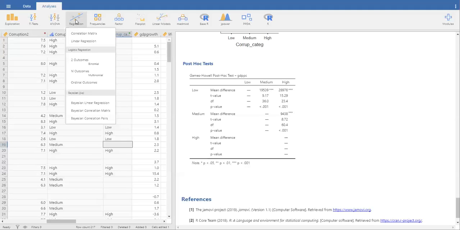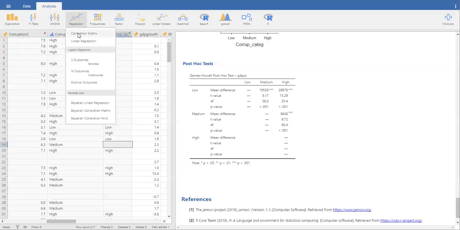Second, we're going to do a regression, which tells us the nature of that line in question. The line is defined by the slope and the intercept, so it's rise over run. And the regression output will tell us if either of those coefficients are statistically significantly different than a coefficient of 0. So to start, we're going to click on Analysis, Regression, and I'm going to